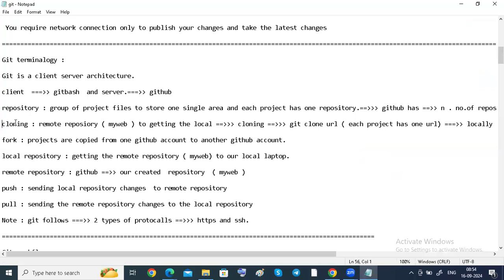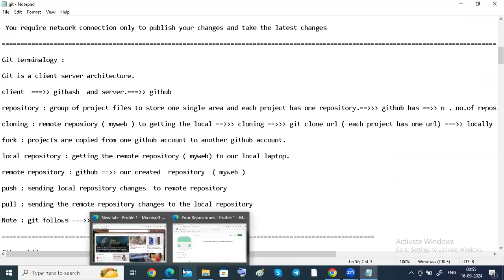After storing, see, here I took my web, guys. I told you while showing the diagram, what is cloning? I already showed you this image, guys.